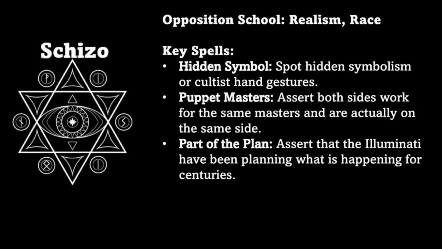Other variations on this: the mullahs in Iran and Israel are secretly both on the same side. The Chinese Communist Party are on the same. You just get into this mindset where everybody in the entire world is part of the same overarching structure, and there are no genuine power factions anywhere in the world. And I'll explain why the school of schizo is on the right in a second, but let's go for